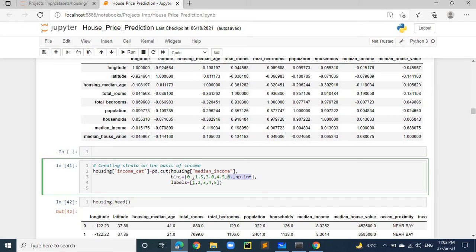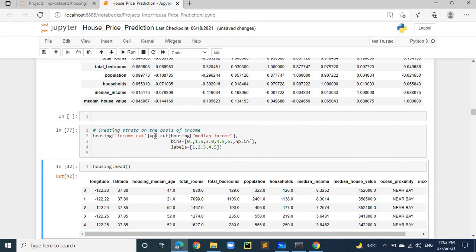So I have created 5 levels, 1, 2, 3, 4, 5. 1 is for 0 to 1.5, 2 refers to the 1.5 to 3 category, 3 refers to the 3 to 4.5 category, 4 stands for 4.5 to 6, and greater than 6 belongs to the 5th category. In this way our whole data has been subgrouped into 5 groups.